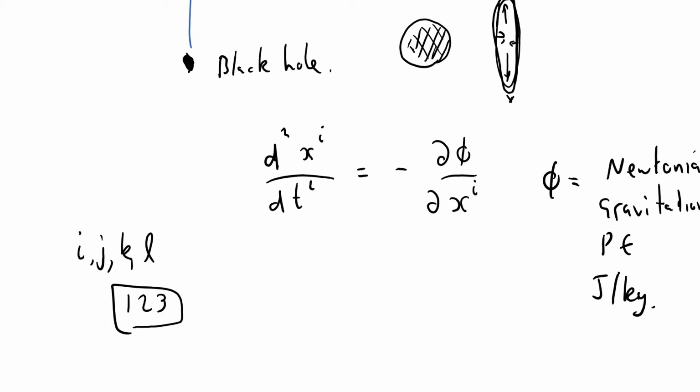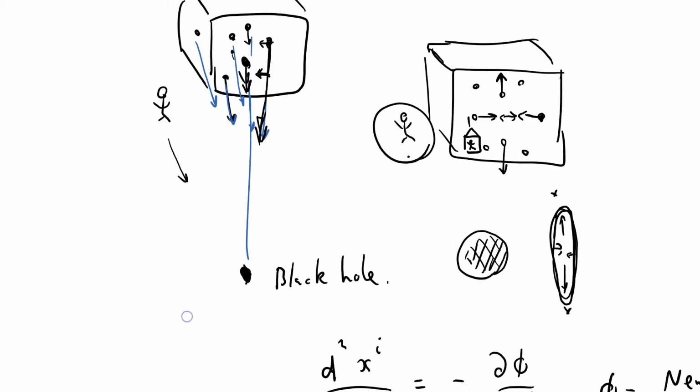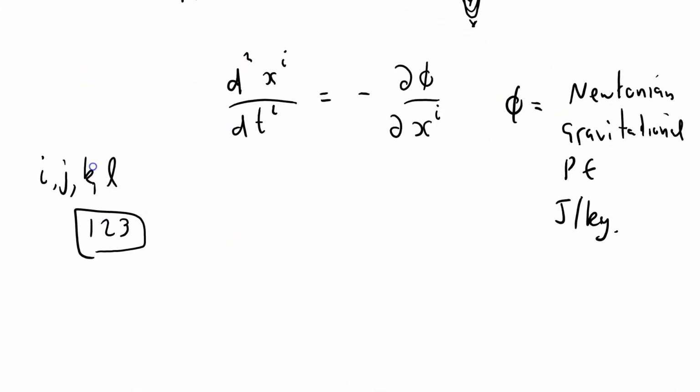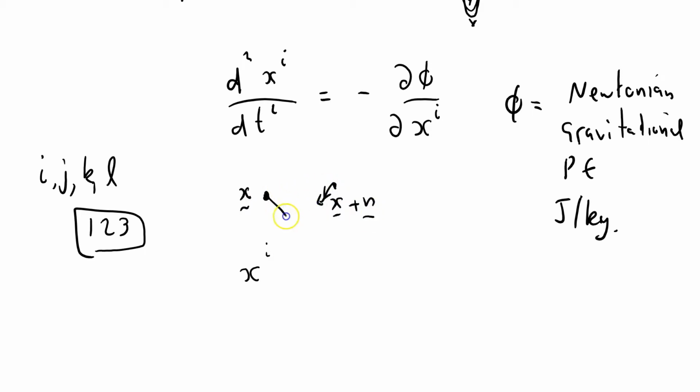Okay, well that's what I want to do. But what this does is give me the absolute motion of these particles, and they're all piling down into this black hole here. But what I want to do is to see how they look to me, who is falling with them. So I need to look at relative motions here. So I need to think about a particle at position xⁱ. There it is. And here's one at xⁱ plus nⁱ, and that might be accelerating in a different way, maybe in a different direction. So I need to work out the relative acceleration,